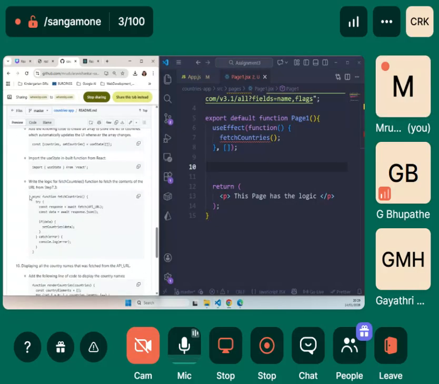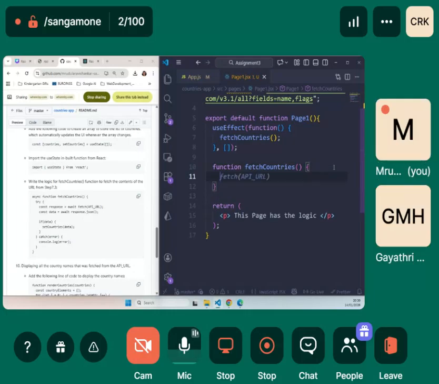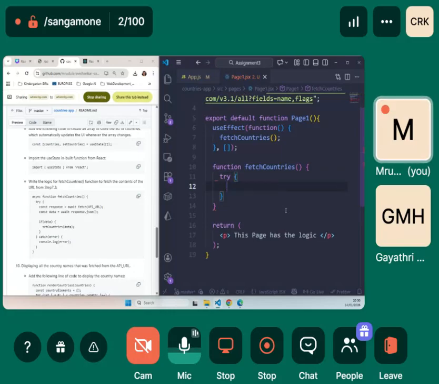We will not use async first. Function fetchCountries, and then we will do this. Now as I told you, we need to handle our error, so we will use a try catch block in order to handle our errors. Try.